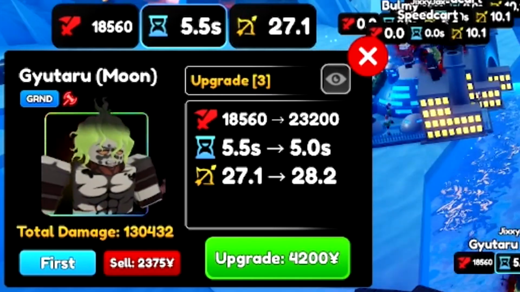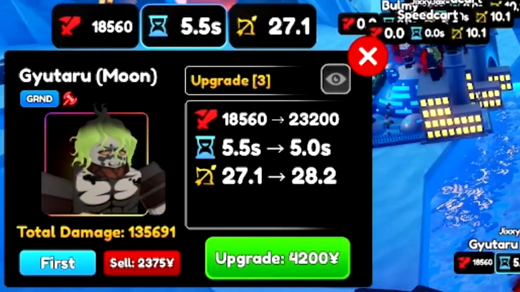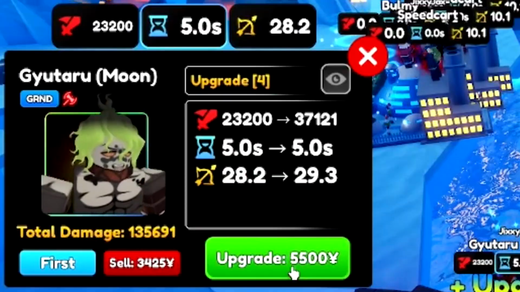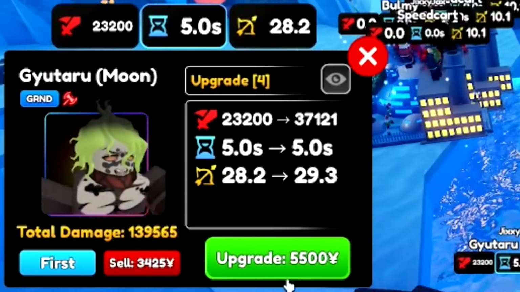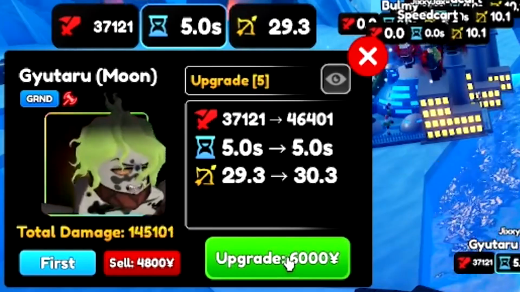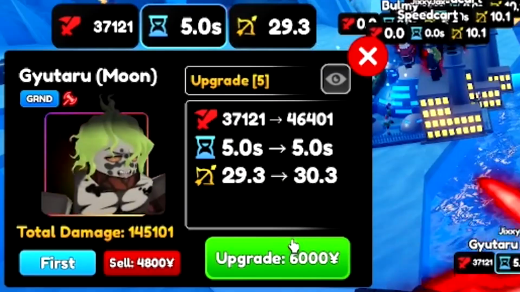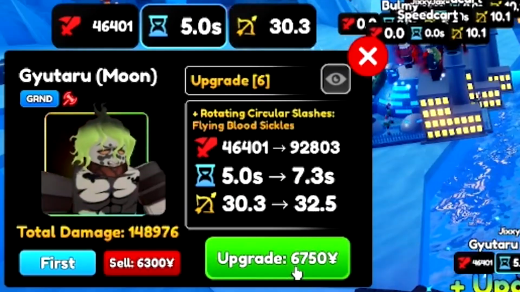Next upgrade is 23.2 thousand damage, 5 cooldown, 28.2 range. Then after that, we have 37.1 thousand damage, same cooldown, and 1.1 more range. Then 46.4 thousand damage again, same cooldown, and 1 more range. Then